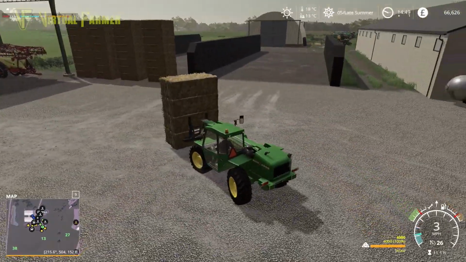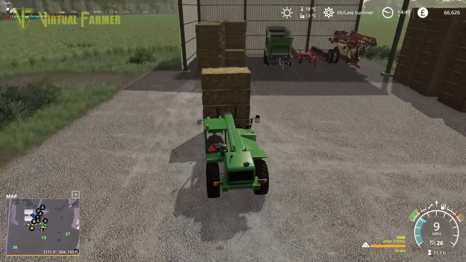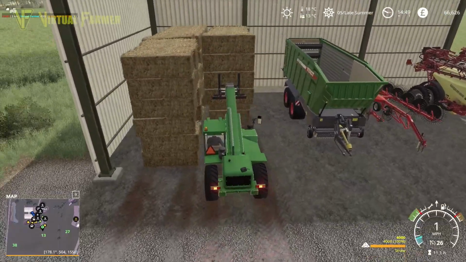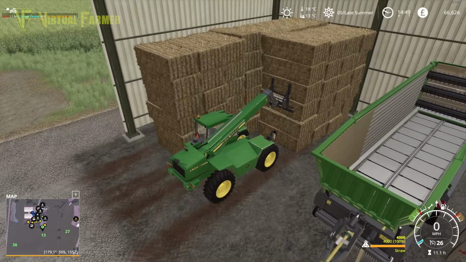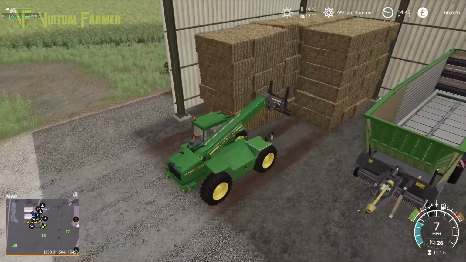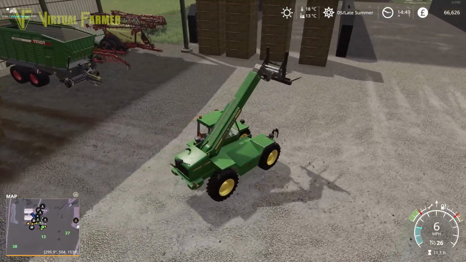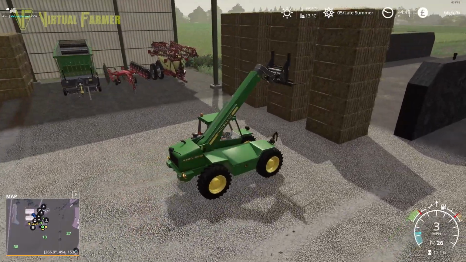Slow and steady is definitely the way to go when bale stacking in Farming Simulator 19. It's one of those things where people tell me all the time that the bale physics are horrible. They're not that bad, especially having now played all 3 of FS 08, 09 and FS11, where the bale physics is just so horrible it's ridiculous. Here